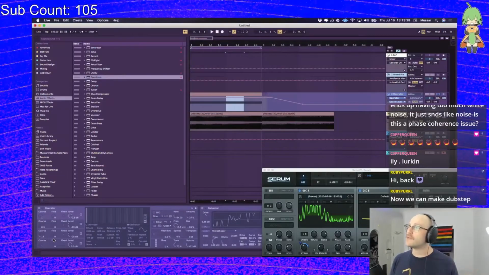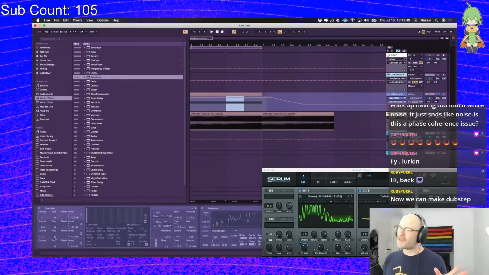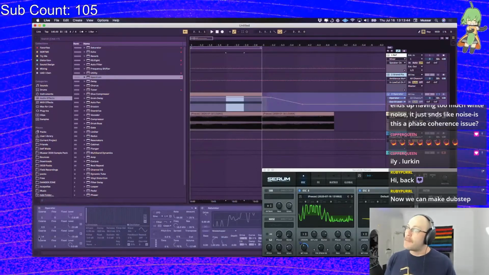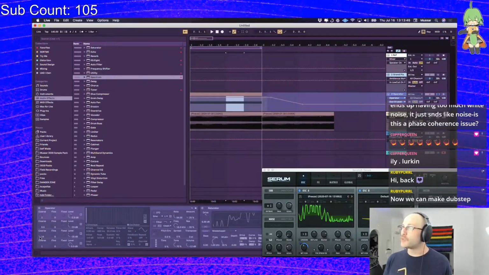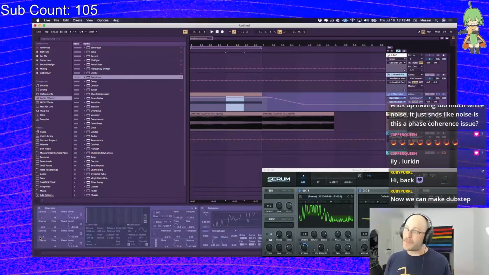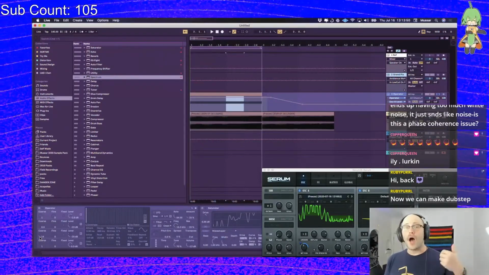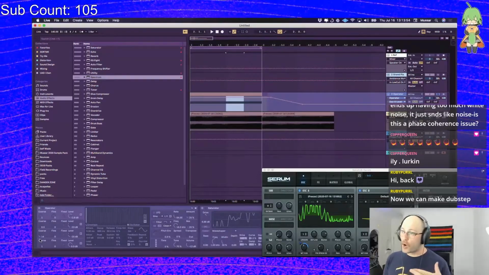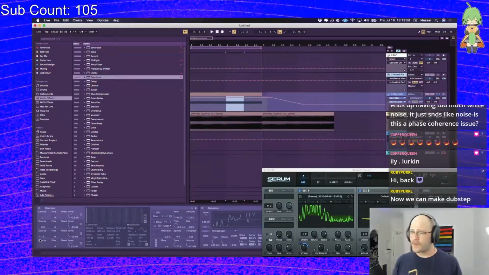So going forwards, now we have something to work with. Maybe we wouldn't want to have this at 0.5, an octave below our playing pitch. Maybe we want to have it at our playing pitch because we're dealing with a sub-bass level patch. If you're using a higher octave patch, something that might have more overtones, you could probably get away with it. But